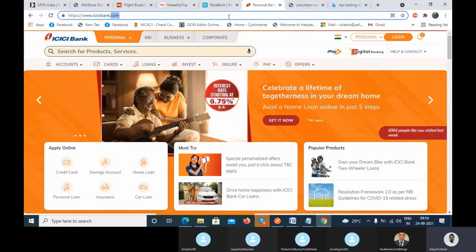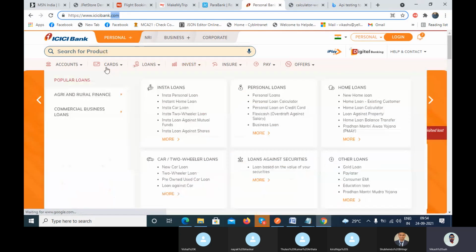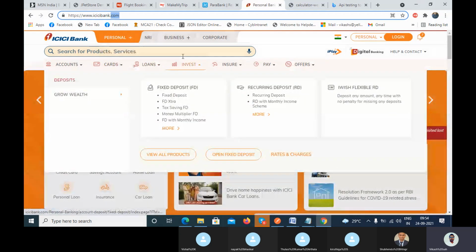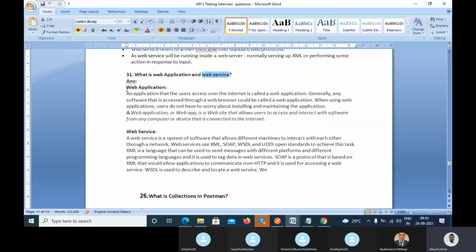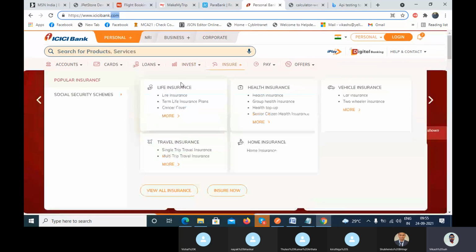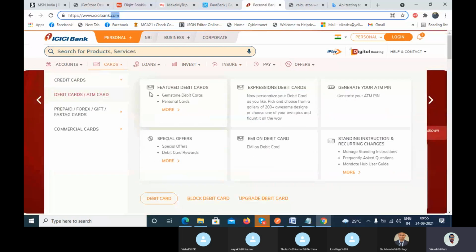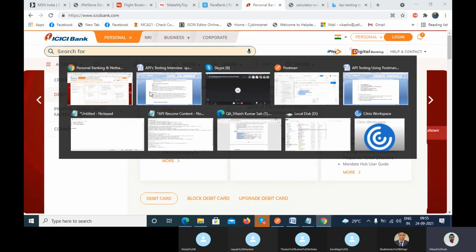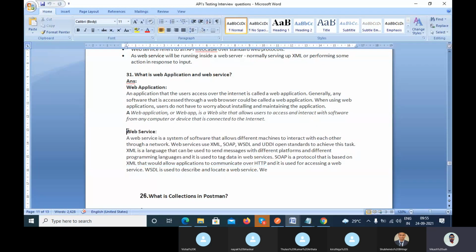I'm using the browser, I'm using a website, I'm using the GUI here. That is known as a web application. And in the case of a web service, we don't require the browser. We don't need any website, right? So that is known as a web service.